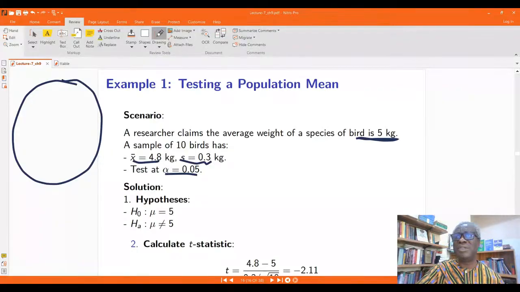It's directionless. The alternative is simply saying it's different, so it could be below or above. So we can now compute